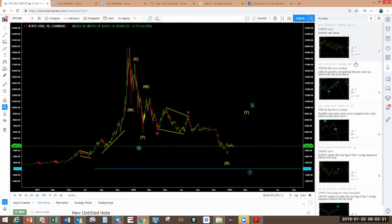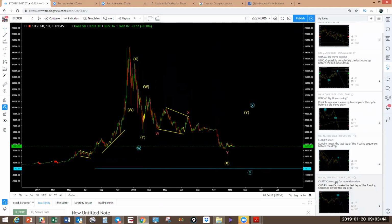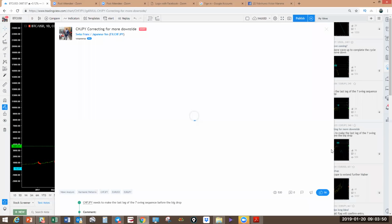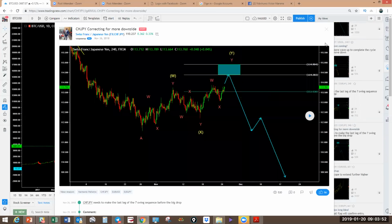As I said last time, I don't always post every time. But when I do post, I send some really good setups, almost guaranteed setups that you can make profit out of. Okay, so we closed with CHFJPY that you needed to watch. Actually, most of the pairs that we discussed capitulated on the 2nd, and they made the final move. So this was CHFJPY